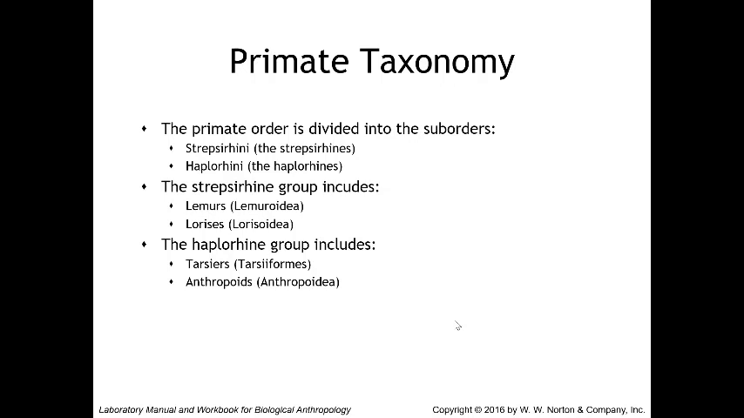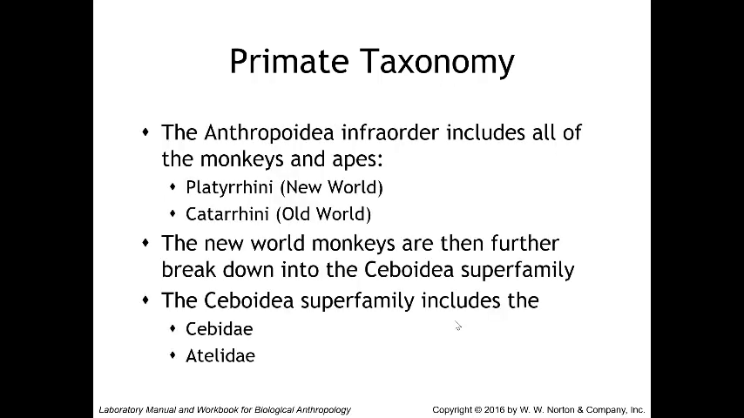Right? There has been some debate about whether the tarsiers should be included with the lemurs and the lorises, and current research suggests that tarsiers are more closely related to anthropoids than to lemurs or lorises. This taxonomy will reflect that relationship. The Anthropoidea infraorder includes all of the monkeys and apes. So this is our Platyrrhini and Catarrhini, or our New World and our Old World monkeys. The New World monkeys are further broken down into the Ceboidea superfamily, and the Ceboidea superfamily includes Cebidae and